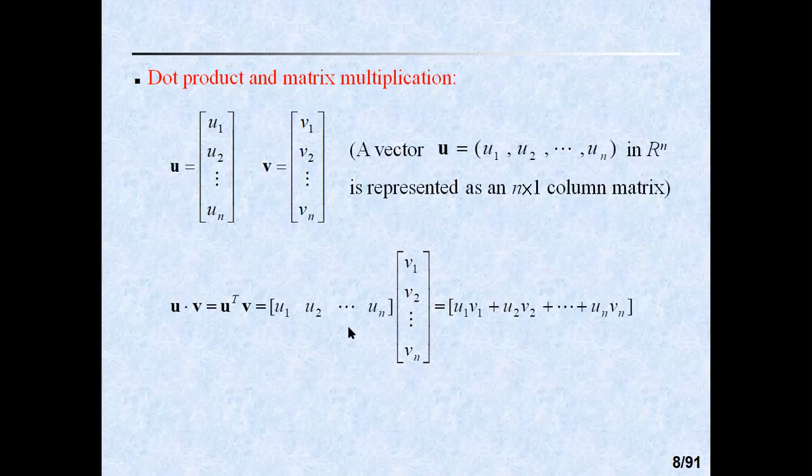The dot product can be represented in the form of matrix multiplication. This is the formula we use to find the dot product in terms of matrix multiplication, that is u dot v is equal to u transpose into v. Taking u and v vectors in the form of column vectors, then take u transpose, that is a row matrix, and multiply by the other vector, which is a column matrix. Therefore, u transpose into v is the dot product of these two vectors. You already know the formula u dot v is equal to u1 v1 plus u2 v2 plus so on un vn. This is how the dot product can be represented in the form of matrix multiplication.